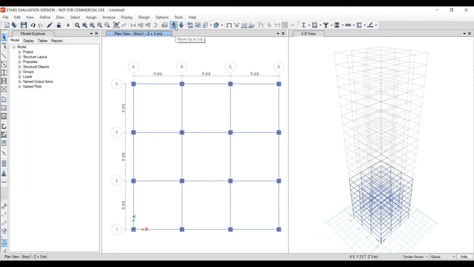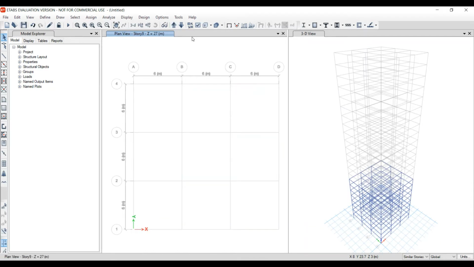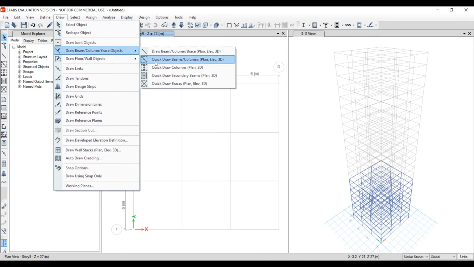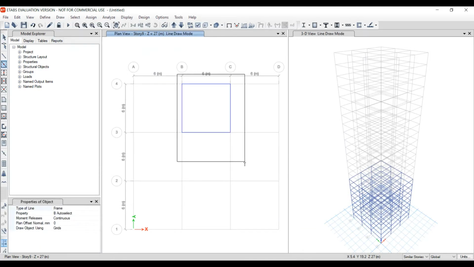Then move to story 9. In this set of similar stories, the first box and the last box are empty. So according to that, we have to provide beams and columns. Select quick draw beams, and select the area where the beam has to be drawn.